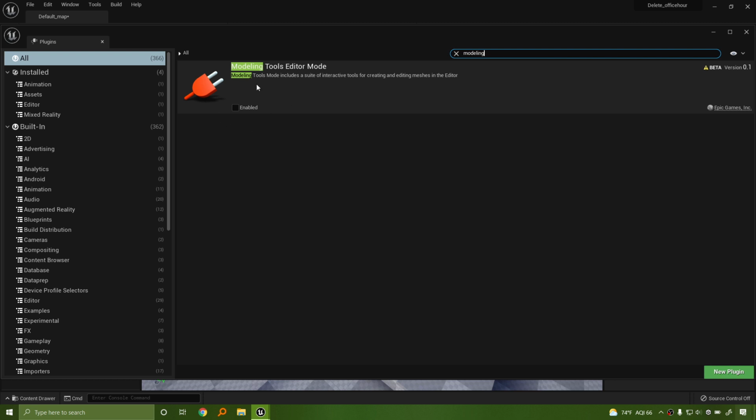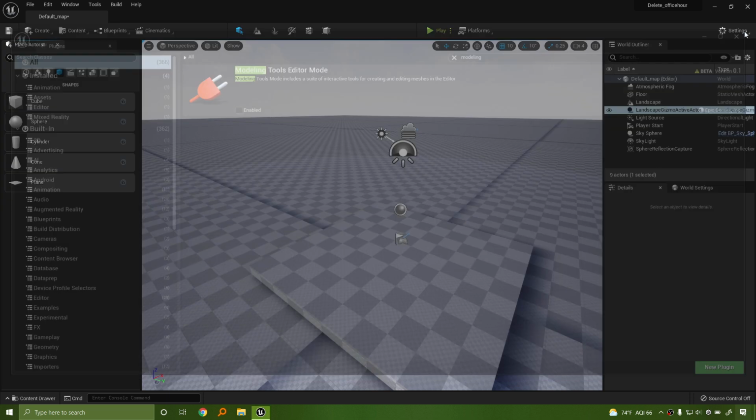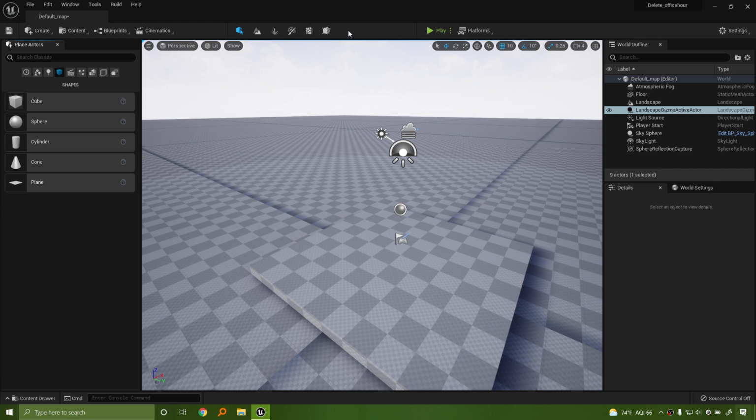This is live in Unreal 5. There is a modeling tools editing mode in UE4, however, they are very different. The UE5 version is a little bit more feature rich and feature complete. The UE4 version is a little bit older and has been replaced. I do not recommend students who are new to use this right away. It is a little scary, and it is a little bit difficult to work with. If you are confident in your modeling skills, what this does is it turns on a poly modeling toolset for UE4 or UE5. Feel free to enable it, restart your engine, and play around with it. It will show up right here, right next to this little box over here on the right.